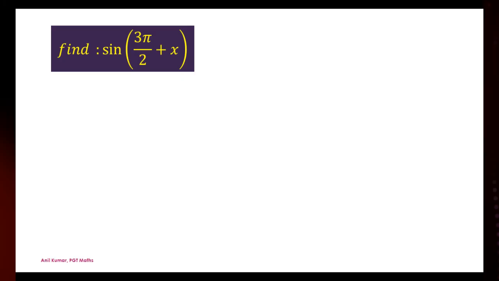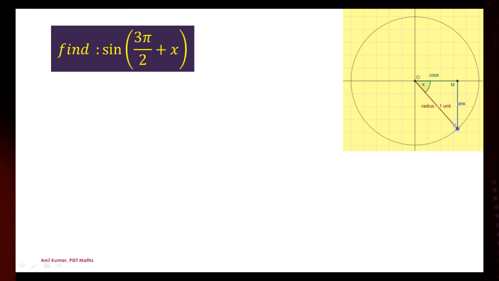Now 3 pi by 2 plus x. If I am talking about 3 pi by 2 plus x, that means this is 3 pi by 2 and plus x. That means we are here now. So we are measuring in the clockwise direction, and we will reach here. So this is quadrant number 4. In the fourth quadrant, cos will be positive. That means the value of x will be positive. If I take the coordinates, it will be a comma minus b. So the x coordinate will be positive while the y coordinate will be negative. In the unit circle, the y coordinate represents sine and the x coordinate always represents cos.